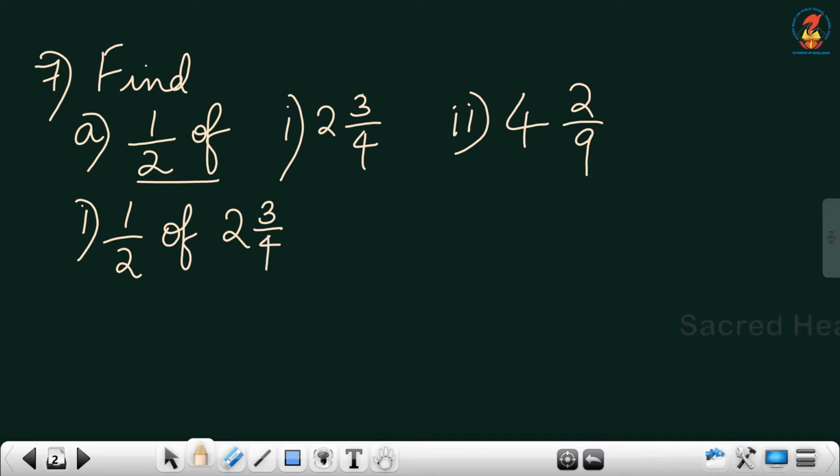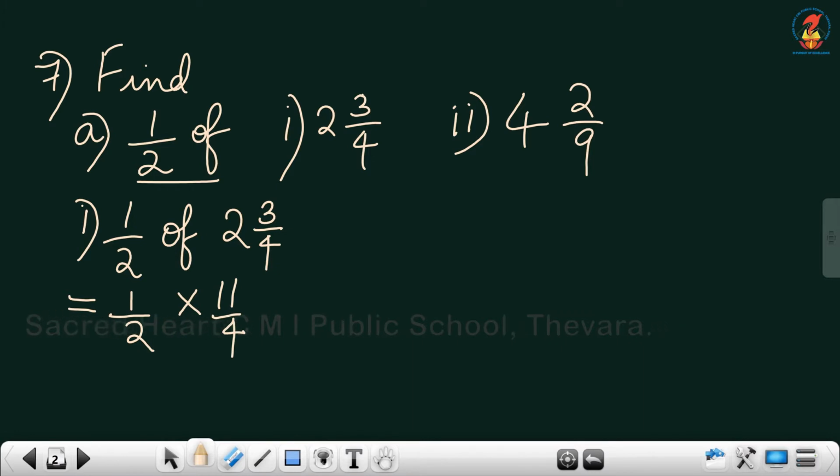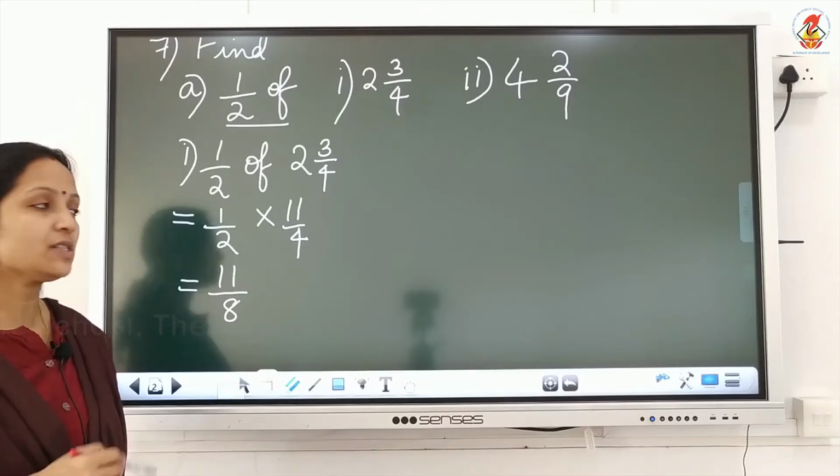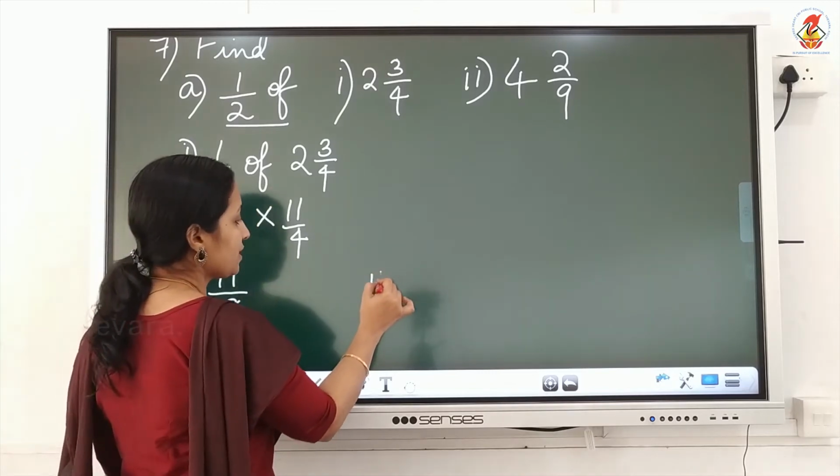I told you if the question is a mixed number, what you have to do first, you have to convert it into improper fraction, and of represents what? Multiplication. So what is the mixed number? 4 2s are 8, 8 plus 3, 11 by 4. Okay. Then 1 into 11, what is the answer? 11. 2 into 4 is 8. Our answer is an improper fraction, so do the division and find out the mixed number.